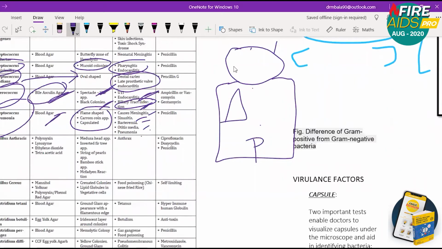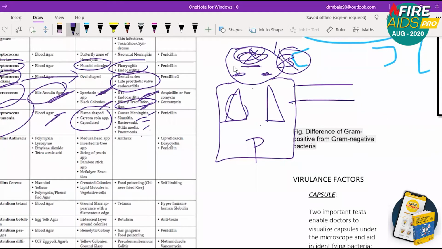Obviously his lungs will be affected, right? Pneumonia. His ears are affected, otitis media. His brain is affected, meningitis. His sinuses are affected, sinusitis. And this guy is holding